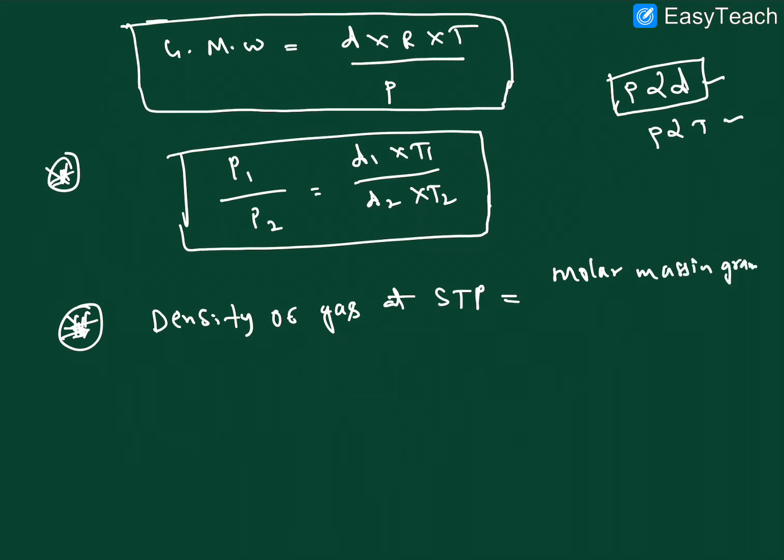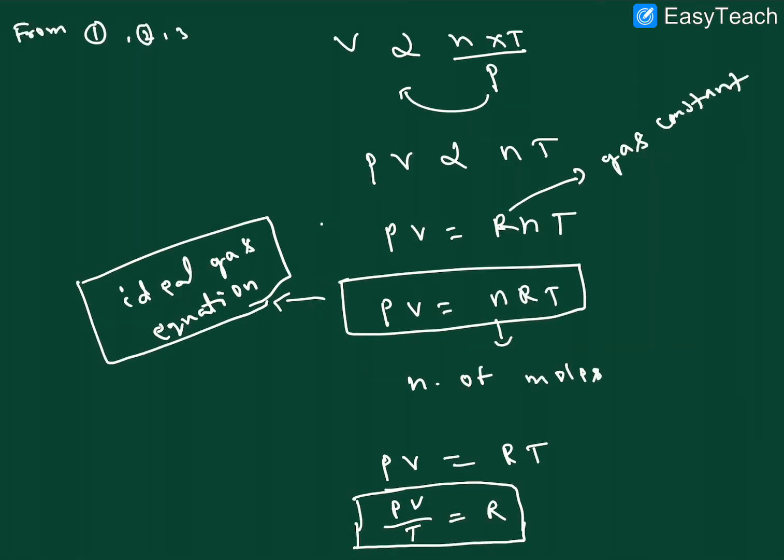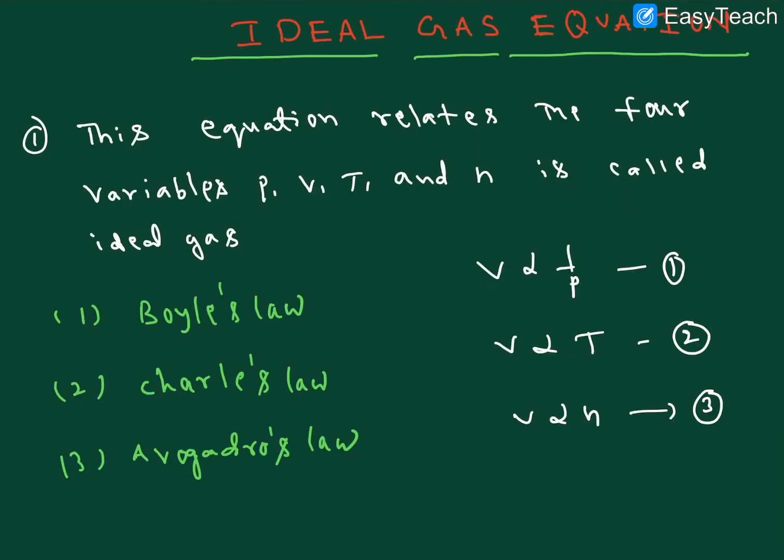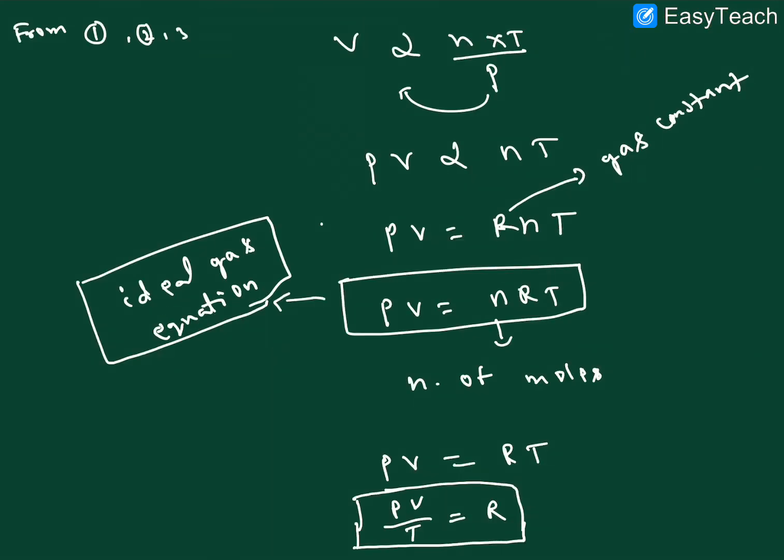What is the formula? PV is equal to nRT. We want the gas constant, which means R is equal to PV by nT. n is the number of moles, equal to 1. The temperature we always take in Kelvin, that is the absolute temperature. I already explained this in Charles law. So the temperature is the absolute temperature, 273 Kelvin. So the temperature and number of moles are the same: 1 mole and 273 Kelvin.